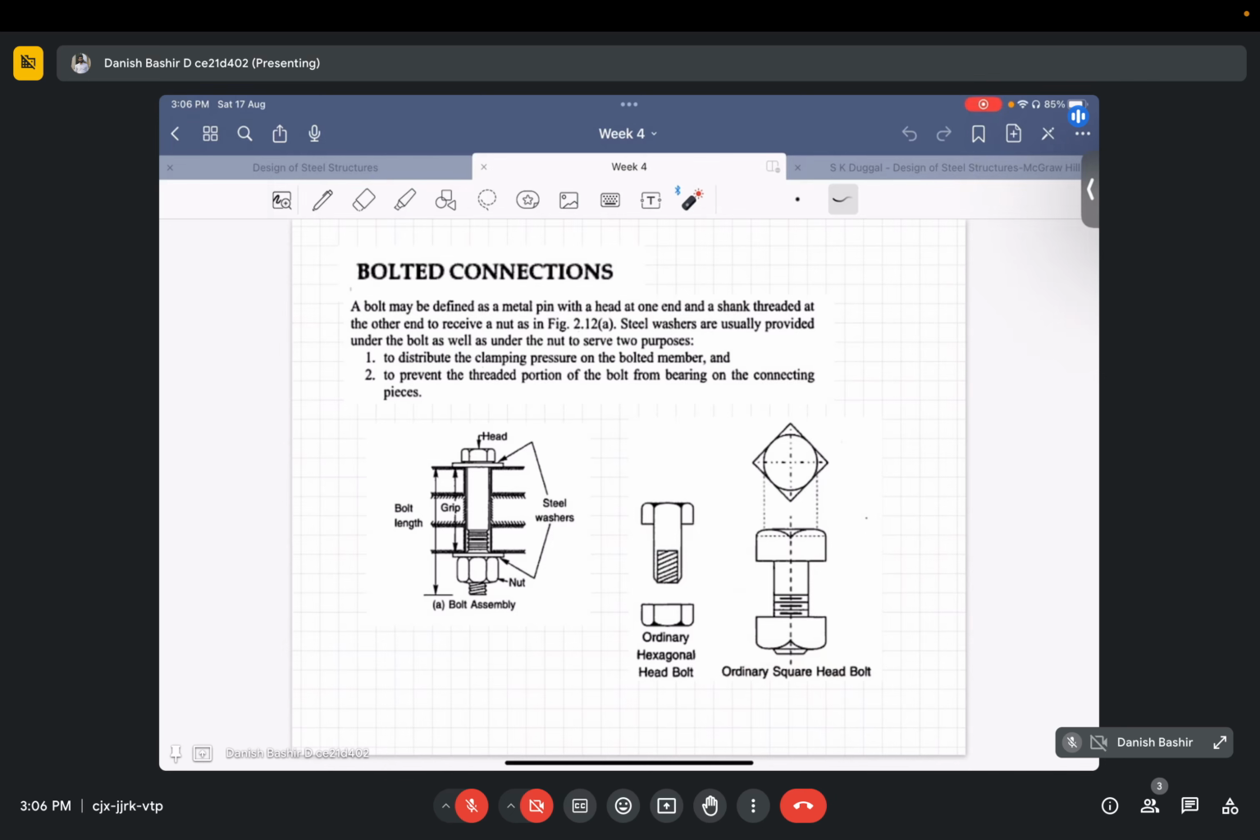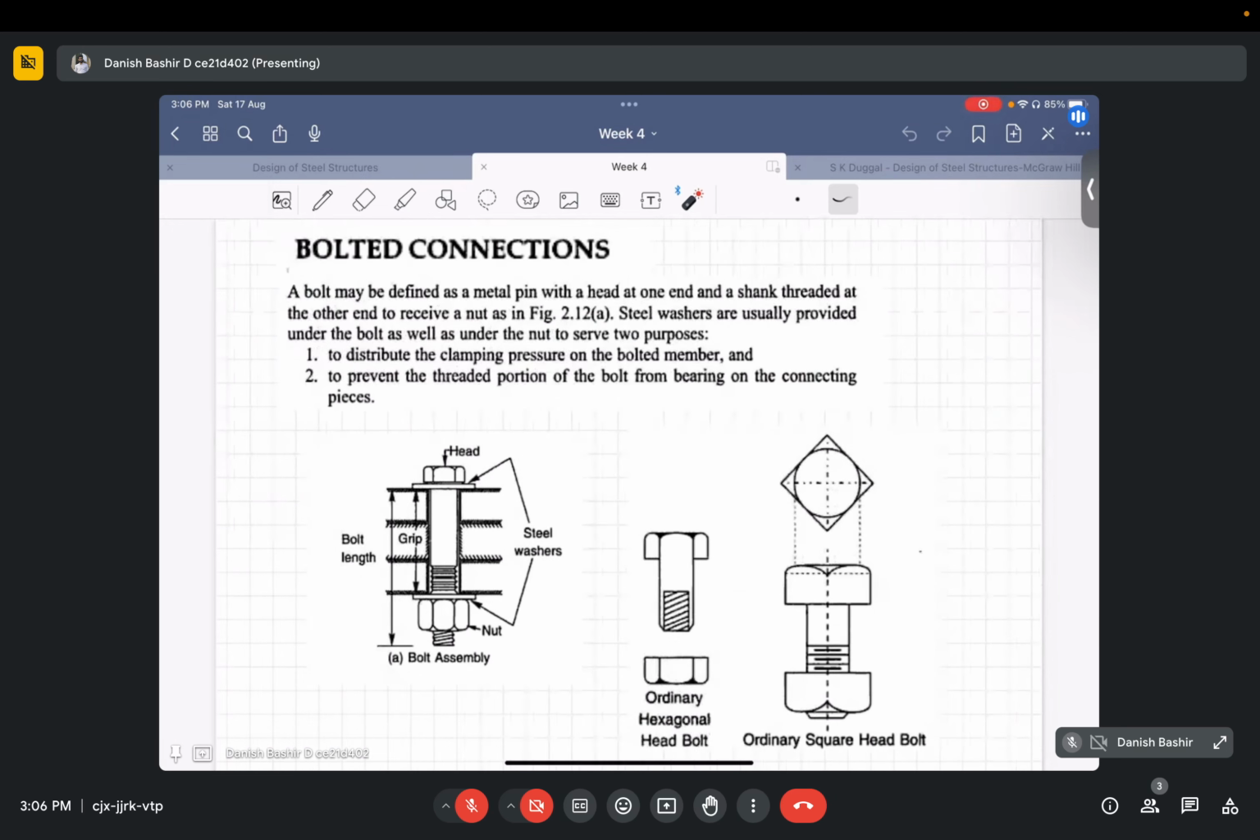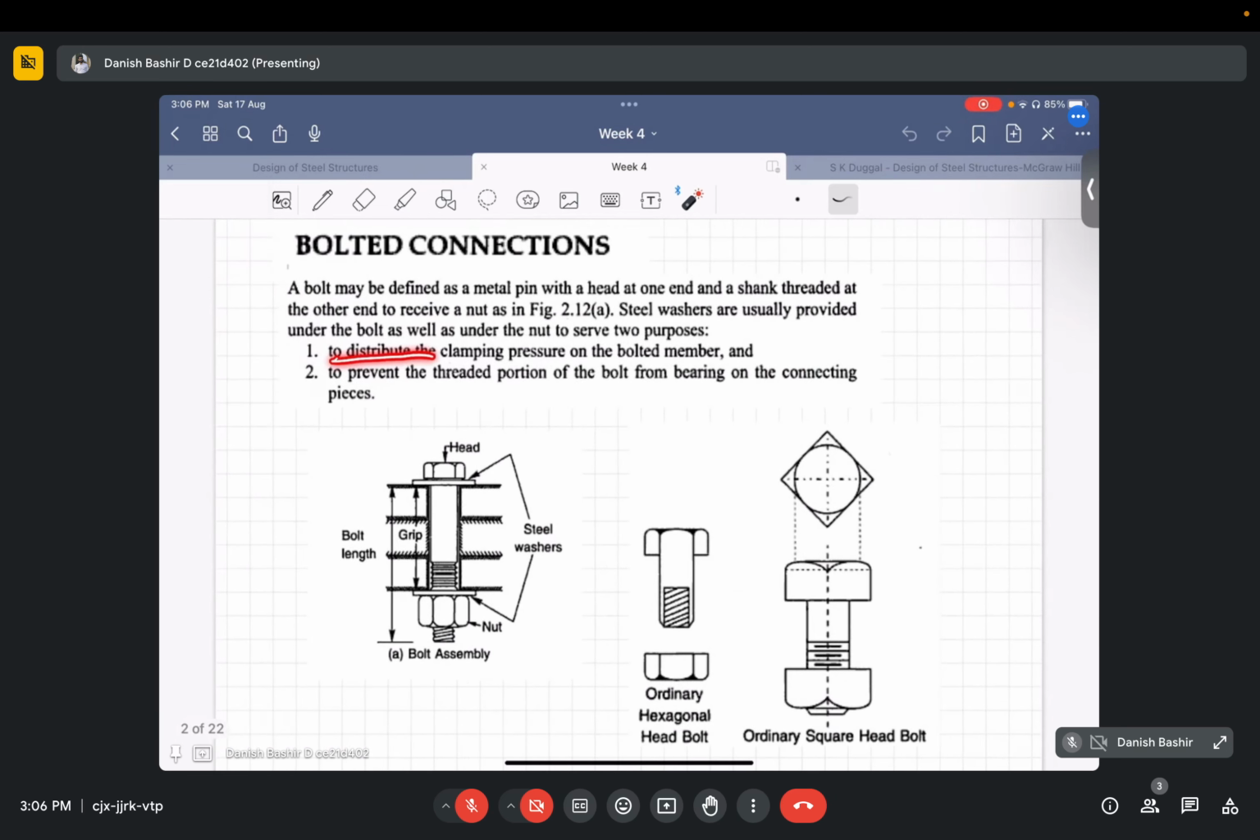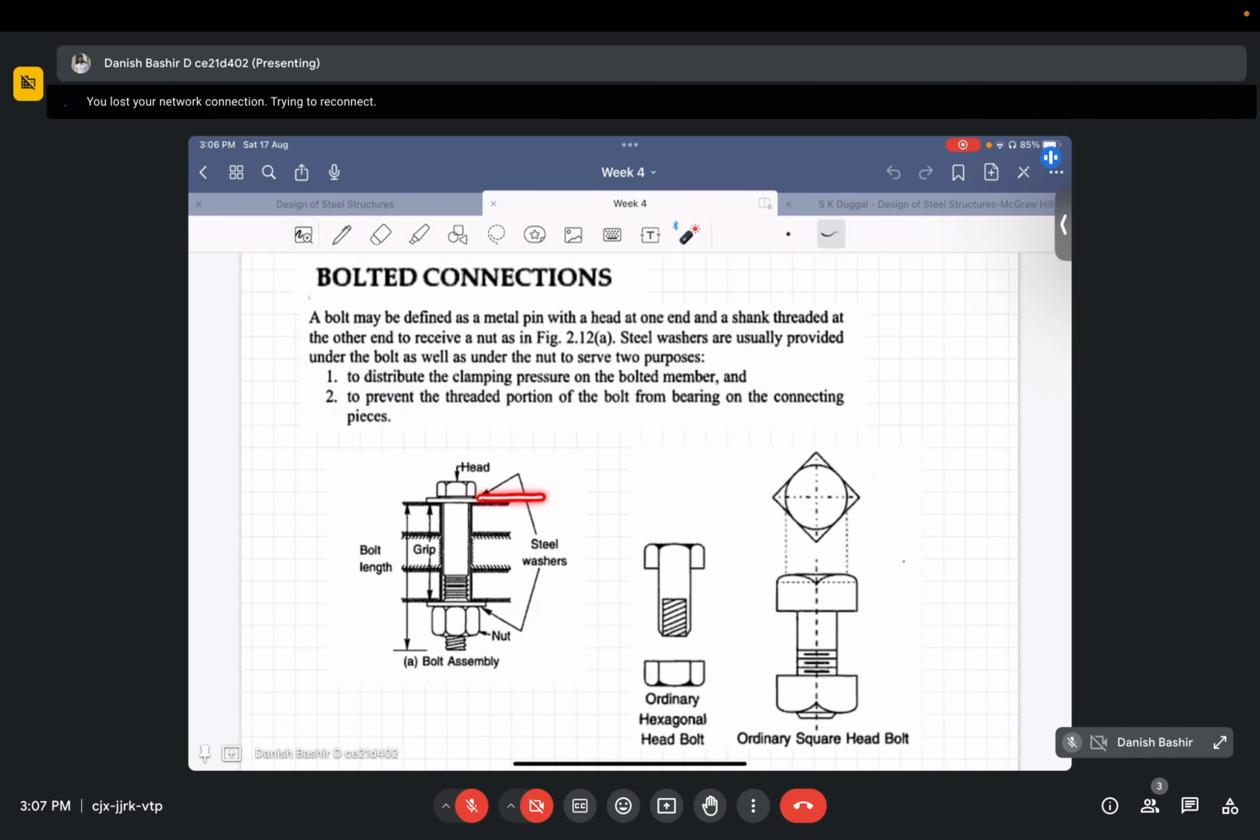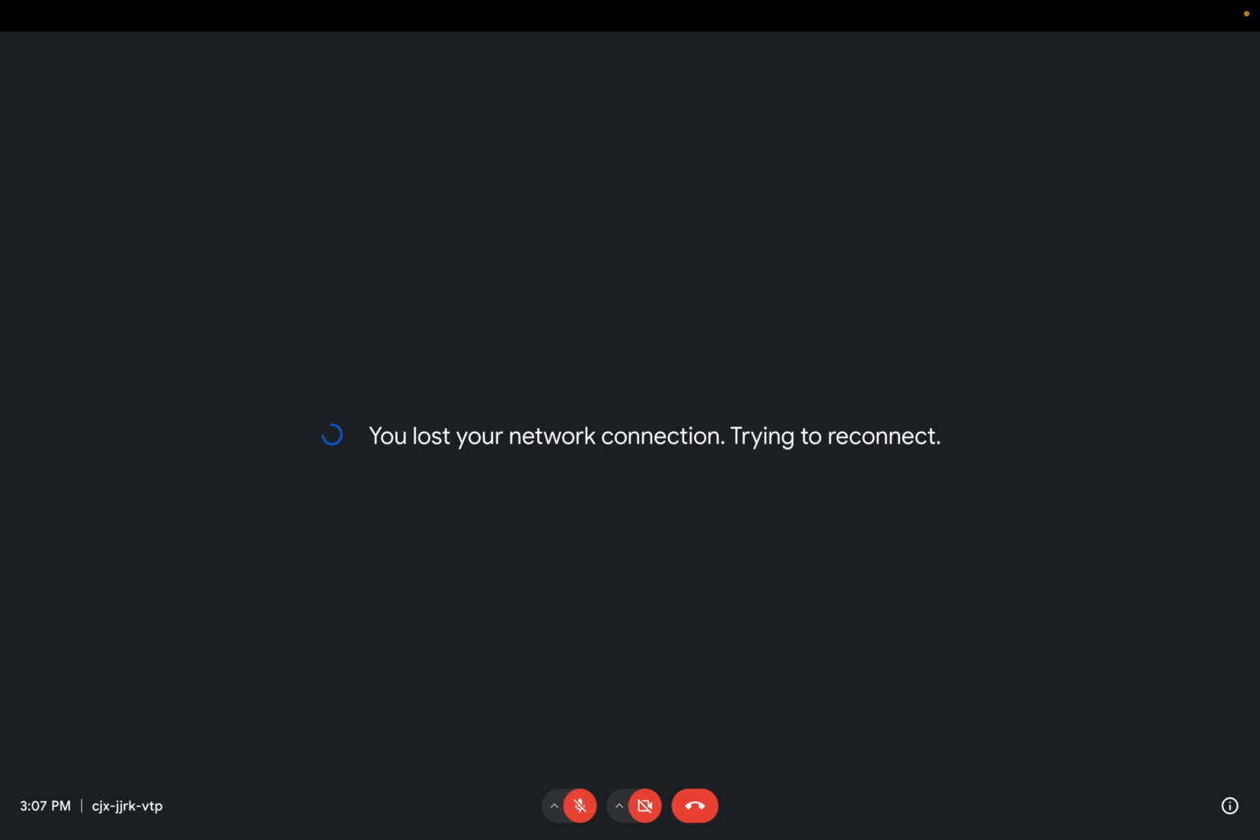Apart from these two components, the bolt and the nut, sometimes we provide steel washers under the nut, which serve two purposes. The first purpose is to distribute the clamping pressure on the bolt and member. We have a steel washer here and another steel washer here. When we apply the nut from this side, it applies a clamping force on this side as well, and this has to apply a clamping force from this side as well. So to distribute this clamping force on the